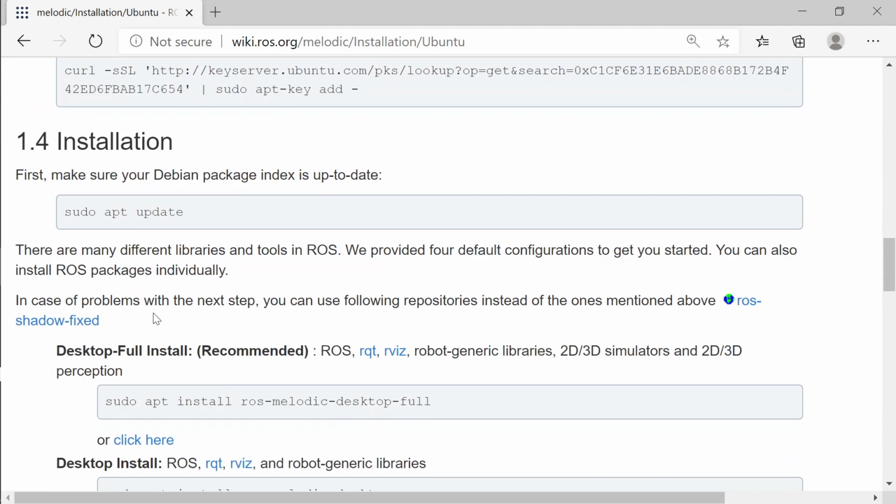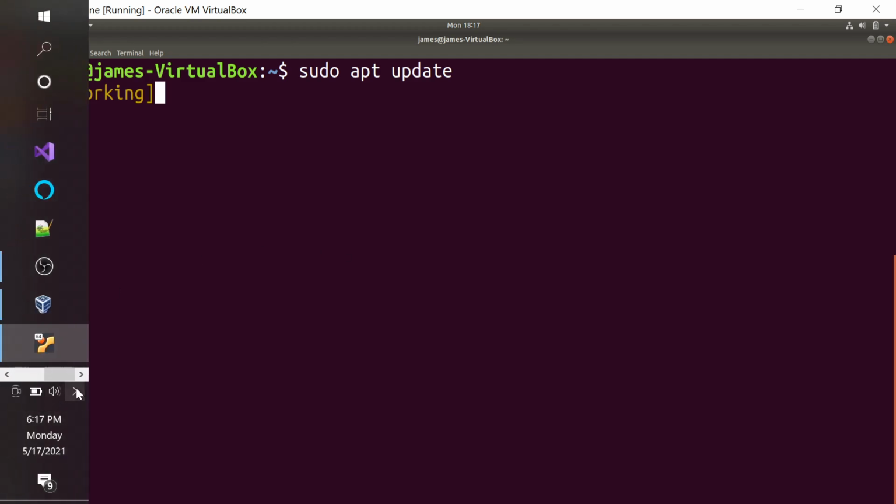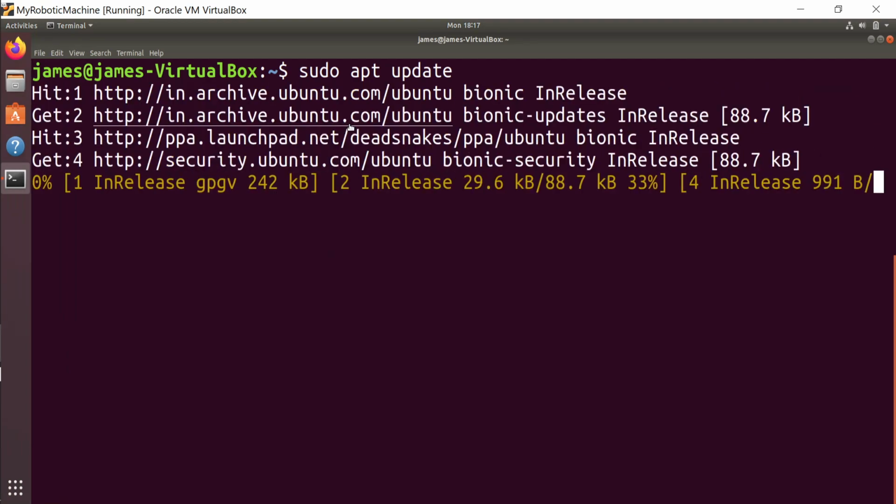After this, you'll go ahead and do the installation. Step 1.4 is to update your operating system. In case there are any missing components in your Ubuntu operating system, this command will make sure it is updated. It checks to see if there's anything to update. Let me see, I just hope my internet is on. Yeah, it's on, and it is connecting.